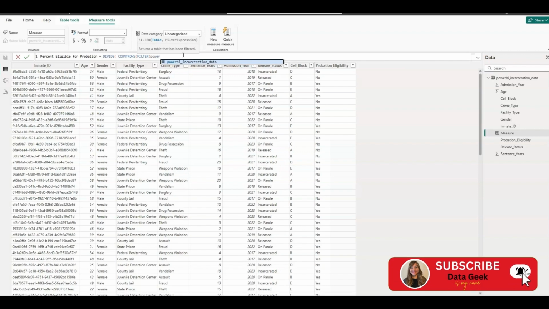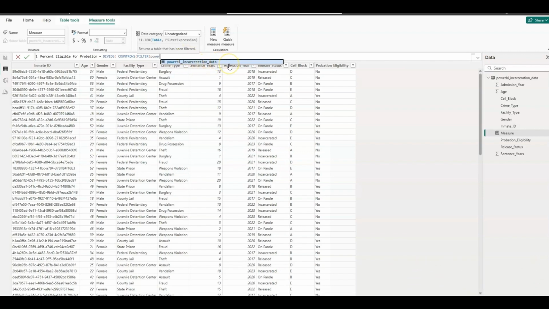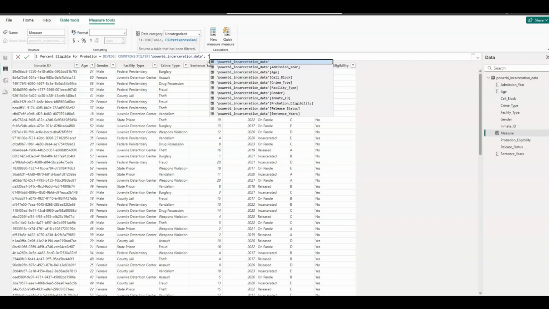As you're typing it out, it will give you that recommendation. So that's what's good about Power BI. So go ahead and hit tab. So that's your table name. Make sure it's in single quotations, comma, and then again, your table name in single quotation,